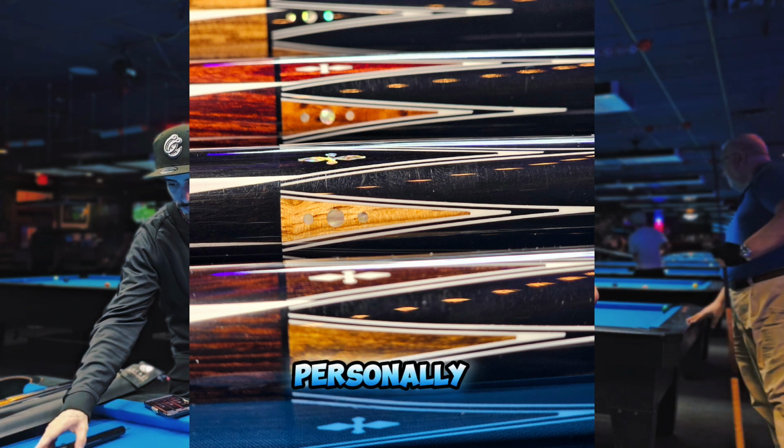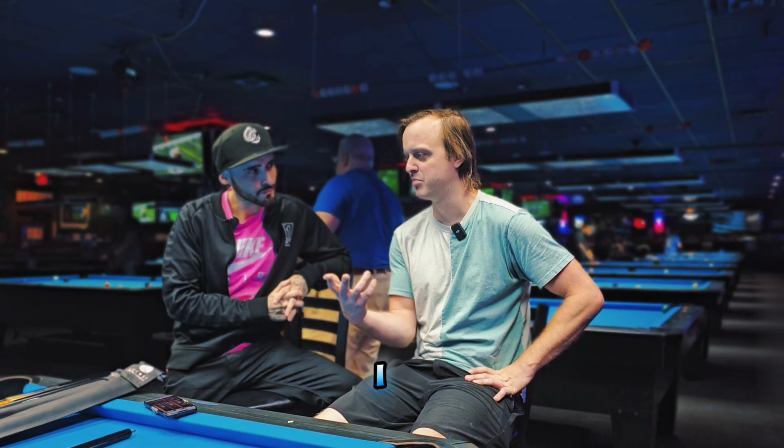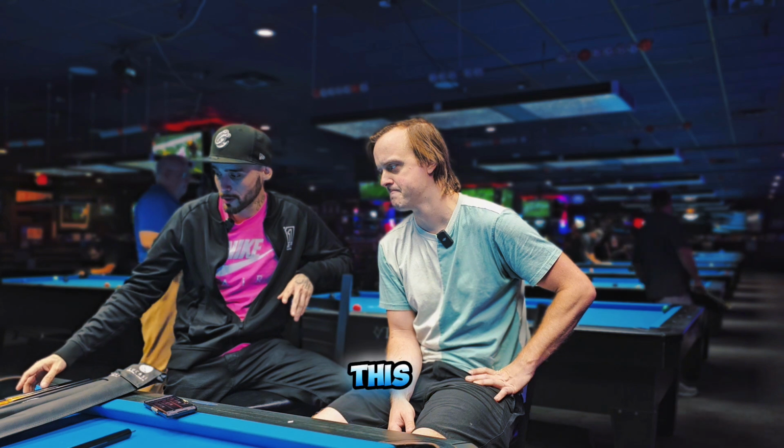I don't like dark. Personally, I'm not into darker colors. The cues that I play with usually have lighter colors, like this other one here that's a lighter